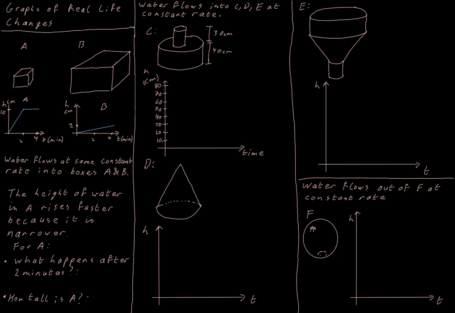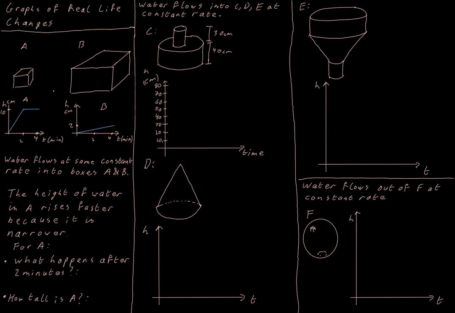So if we take this small rectangular box A, and this larger rectangular box B, and we imagine that we put these under a tap and we start filling them up. So there's a hole somewhere in the top that we're able to fill water in, and it flows at the same rate into both boxes. So there's the same amount of water going into A and into B